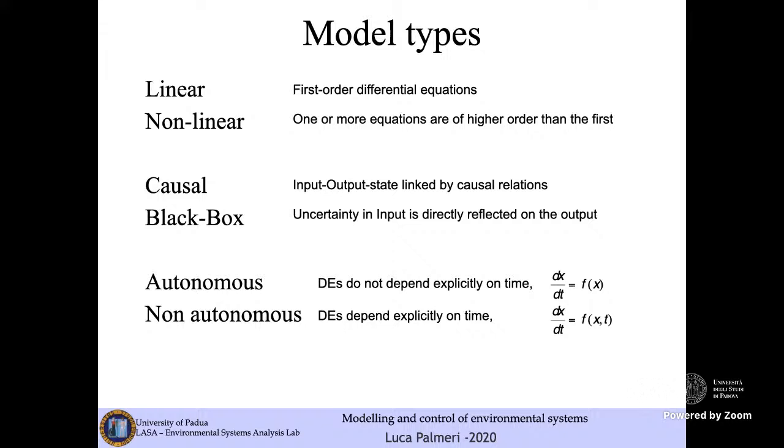More often, we try to hide our unknowns or lack of knowledge of a system in what we call black box models. So in this case, uncertainty in the input is directly propagated or reflected into the output. So in causal models,